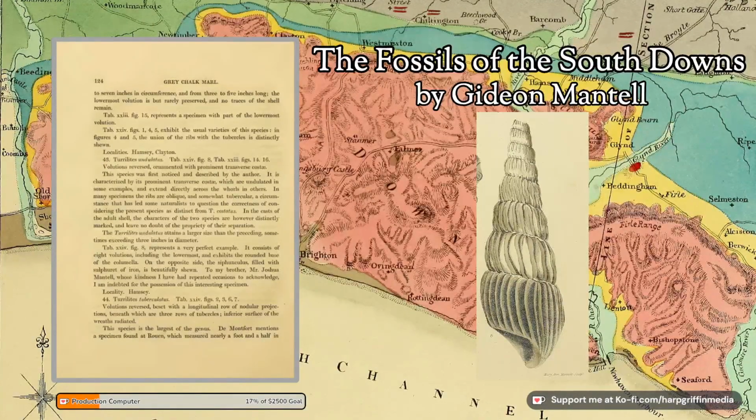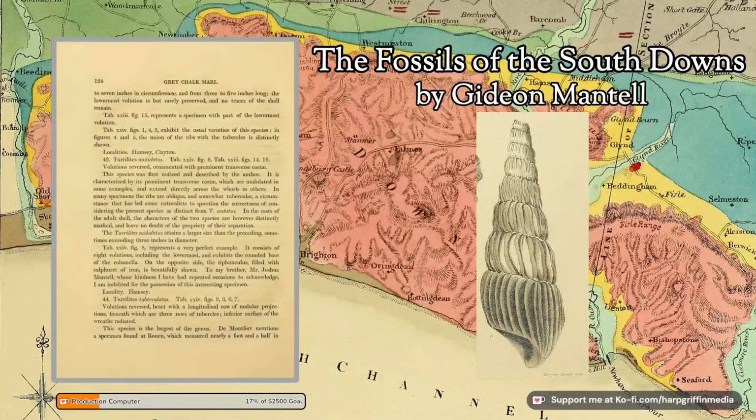43. Turrilitis undulatus. Tablet 24, Figure 8. Tablet 23, Figures 14, 16. Volutions reversed, ornamented with prominent transverse costae. This species was first noticed and described by the author. It is characterized by its prominent transverse costae, which are undulated in some examples and extend directly across the whorls in others. In many specimens the ribs are oblique and somewhat tubercular, a circumstance that has led some naturalists to